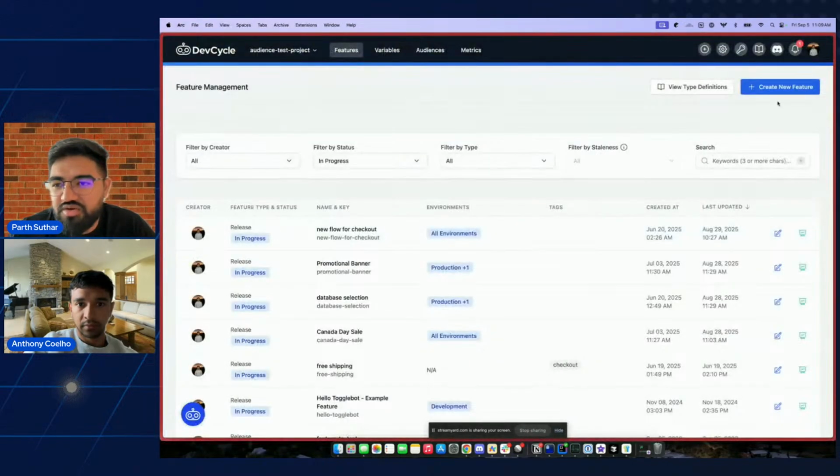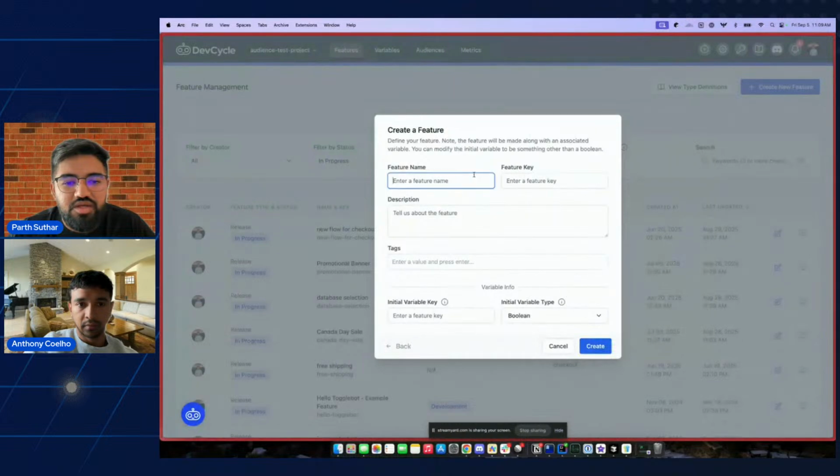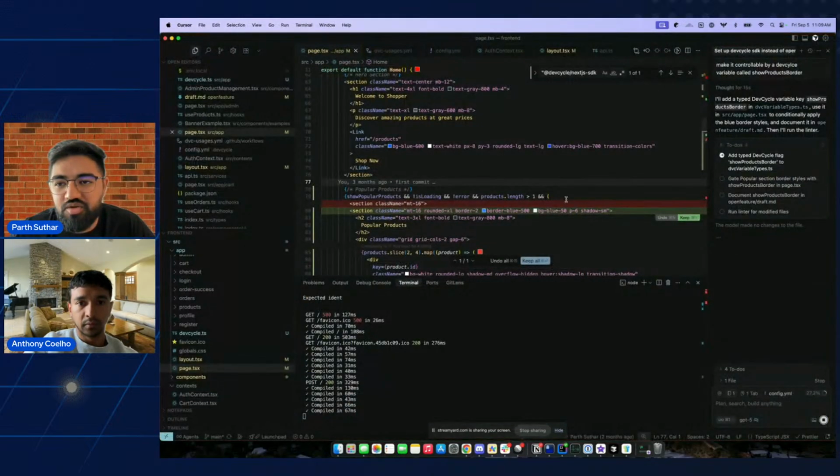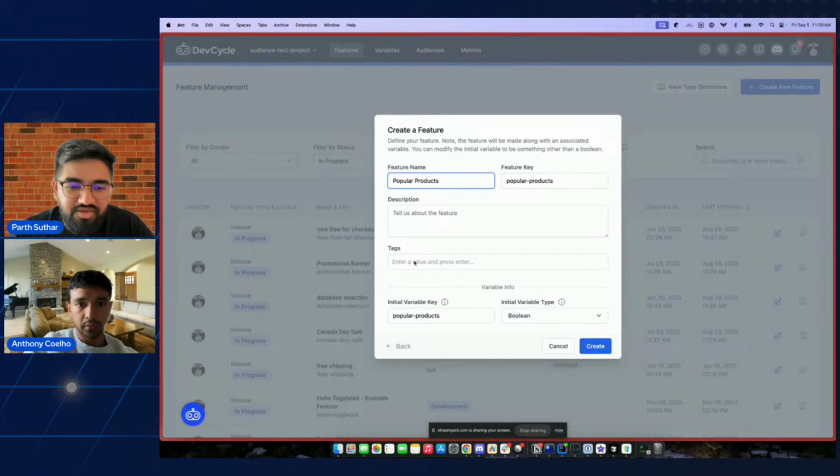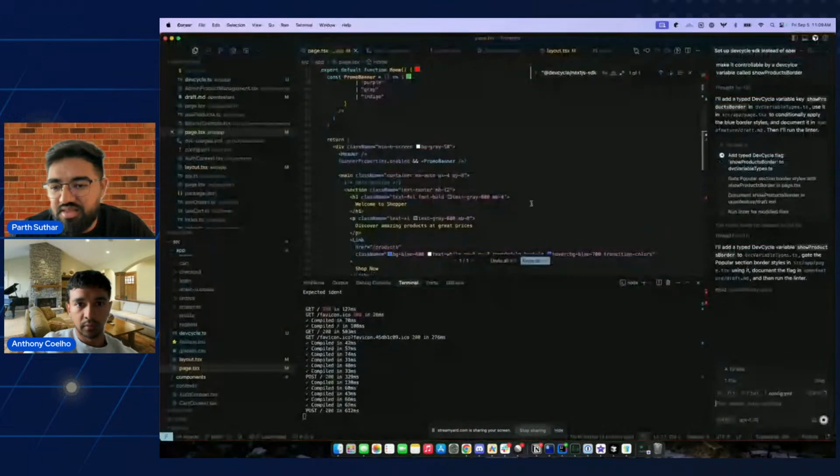So I'm just gonna create a new feature called popular product. So as a developer, if I'm going to create something like this, I'm gonna go in, create a feature. I'm gonna call this show popular products, just because I want my variable to be what I use in my code. So let's create this, and then